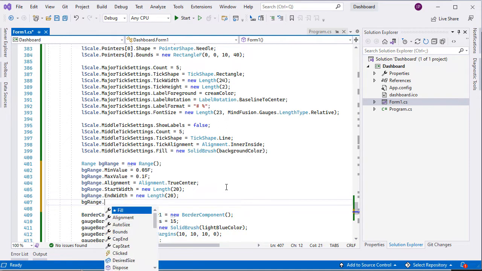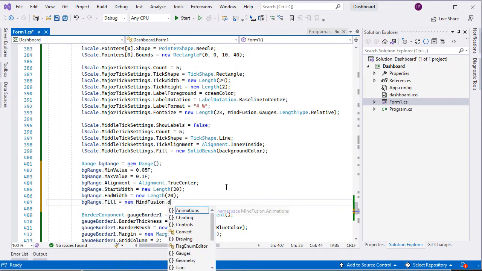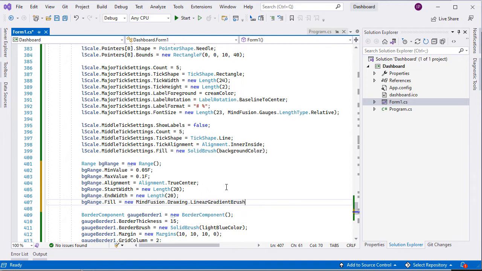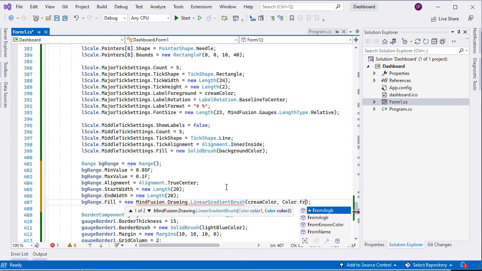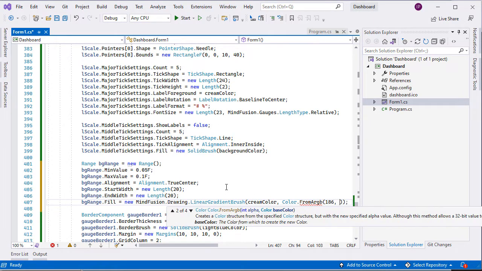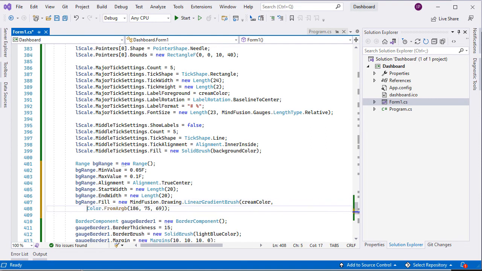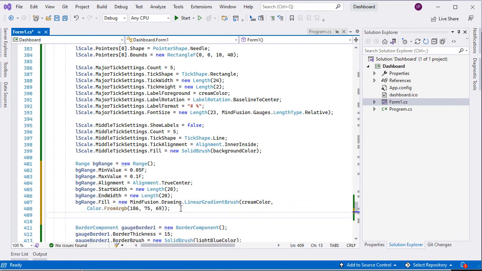The fill is a gradient brush from pale pink to darker red. Finally, we add the range to the ranges collection of the scale.